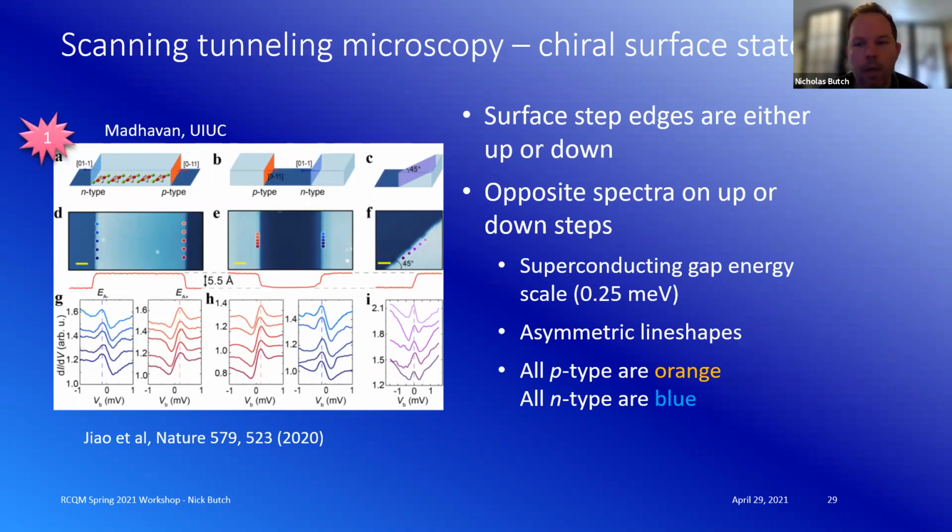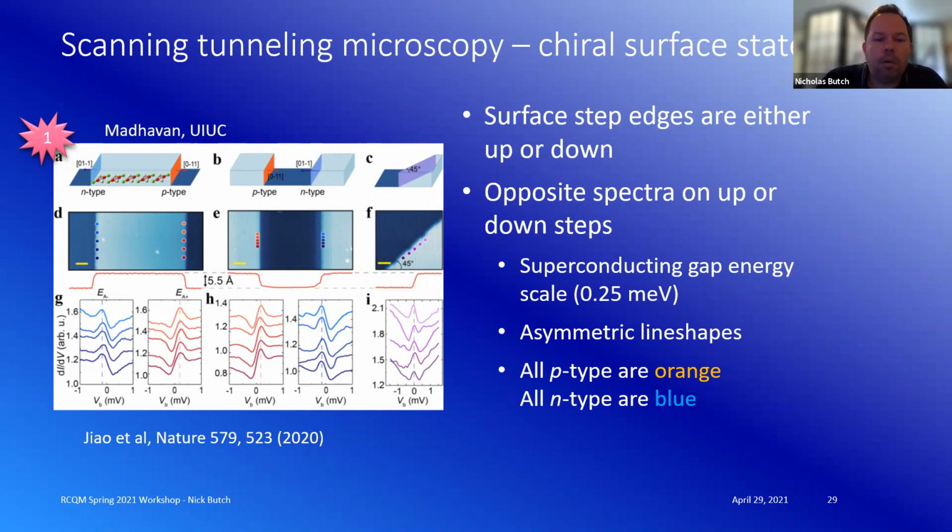So point number 1, we want surface states. And indeed, these have been delivered by the Madhavan group at Urbana, so STM work. I'm actually skipping a great deal of interesting stuff in their paper to focus on just the surface part. And here what I want to emphasize is that there are these up and down step edges that are observed. Interestingly, they are really long in these samples when they see them. And the statement is that regardless of where you are in the sample, there's an orientation to the up and down edges.